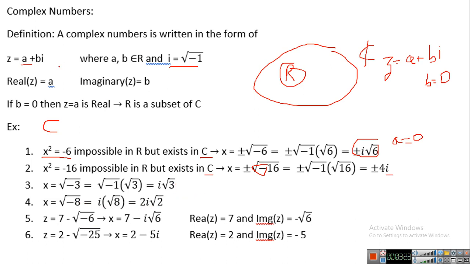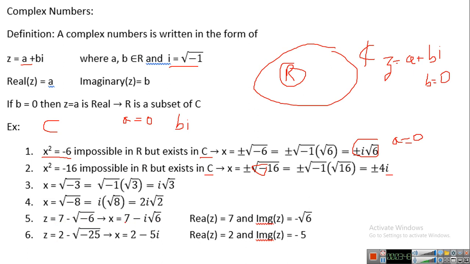When a is 0 and you have only i, this is called pure imaginary. What does it mean, pure imaginary? When a is 0, you have only the form bi, so it means that we have a pure imaginary number. However, here you have z = 7 minus radical minus 6, so radical minus 6 is i radical 6,